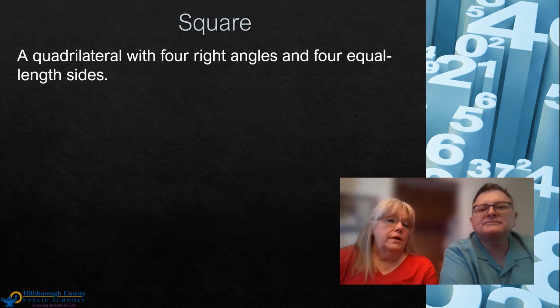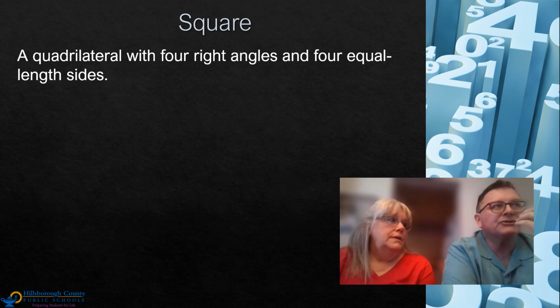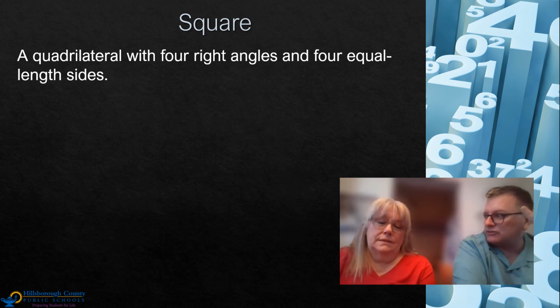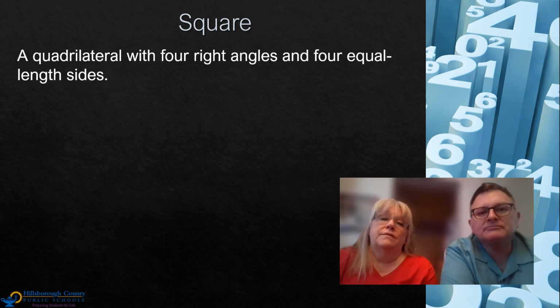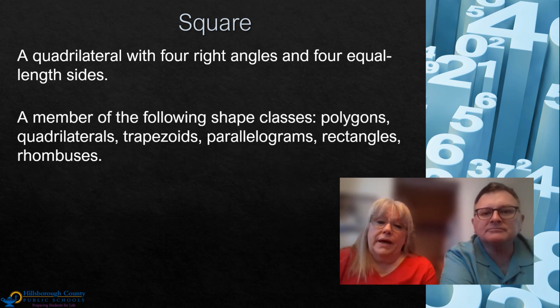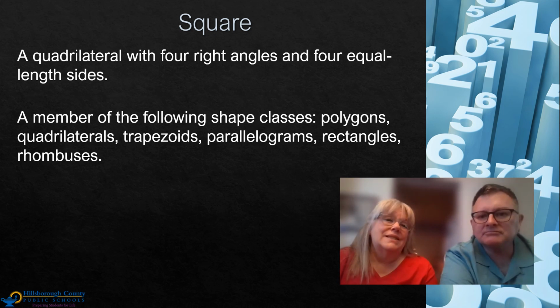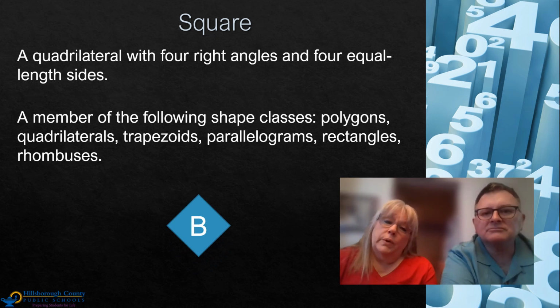The next shape is square. So the defining attribute of a square is a quadrilateral with four right angles and four equal side lengths, or we could say four congruent sides. So it's the same as it was for a rectangle with the addition of the four equal length sides. A square is a subcategory of polygon, quadrilateral, trapezoid, parallelogram, rectangle, and rhombus. It does not have any subcategories itself. So here we have a square. It was the only one from your first task that fits into